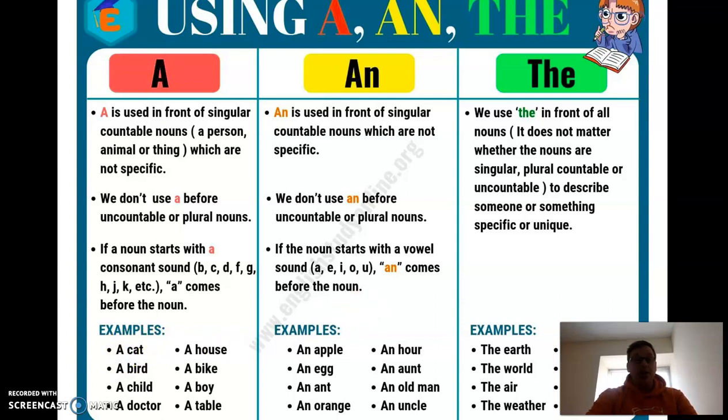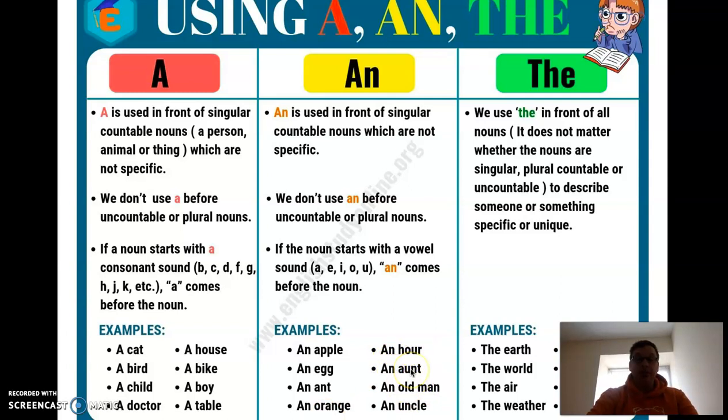Go back to a cat, a bird, a child, a doctor, a house, a bike, a boy, a table. So look at an. Here's the vowels in the nouns. A, E, A, O. So an apple, an egg, an ant, an orange, an hour,